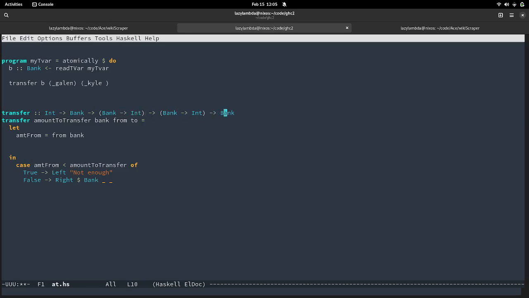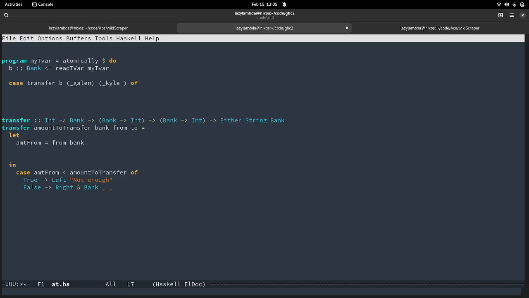It'd probably be better to use a map here, but I'm going to have either a string or a bank. In the case of transfer, I could just say Left, like it failed.